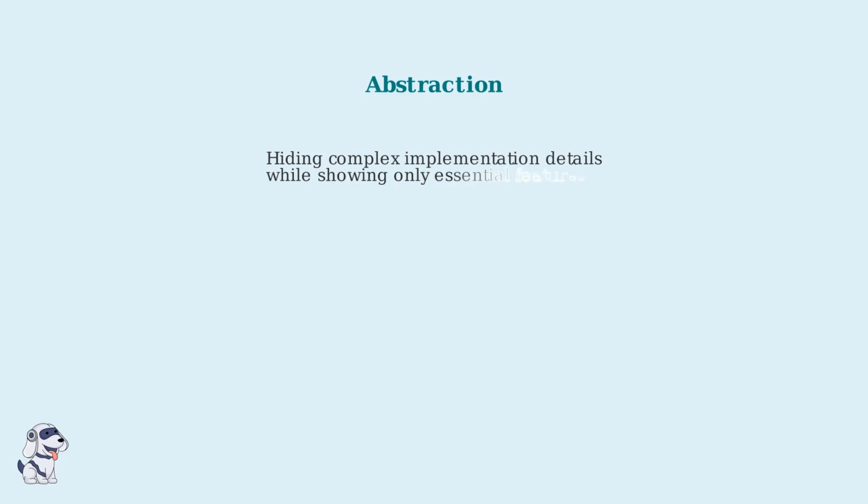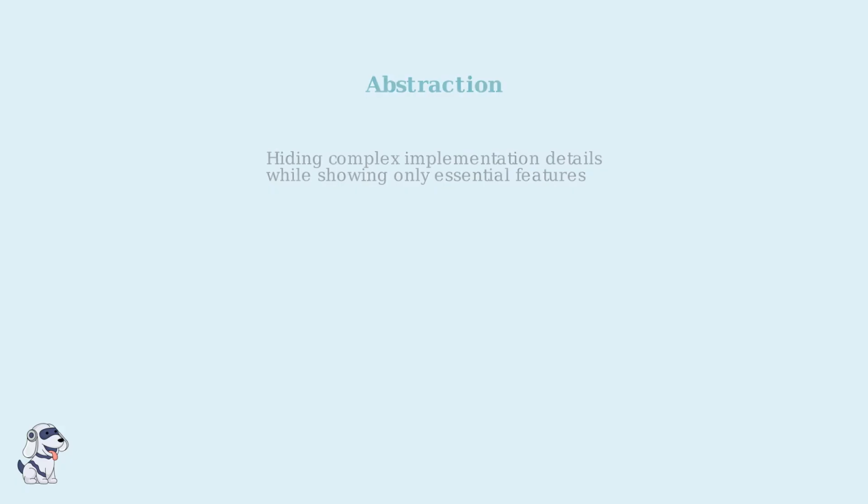But as a driver, you don't need to understand the internal combustion engine, fuel injection systems, or exhaust mechanisms. You simply know that pressing the gas pedal makes the car move. This is abstraction in action. Abstraction is the process of hiding complex implementation details while showing only the essential features and functionality that users need